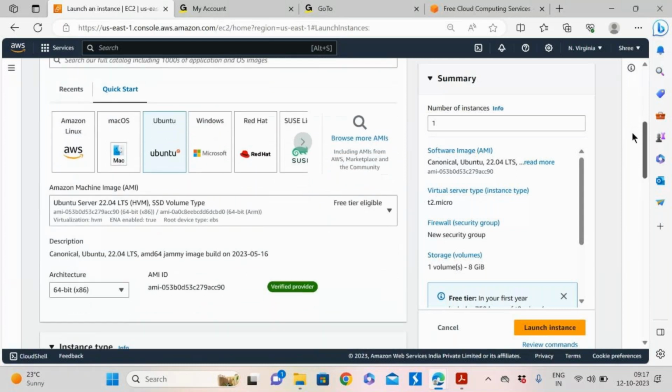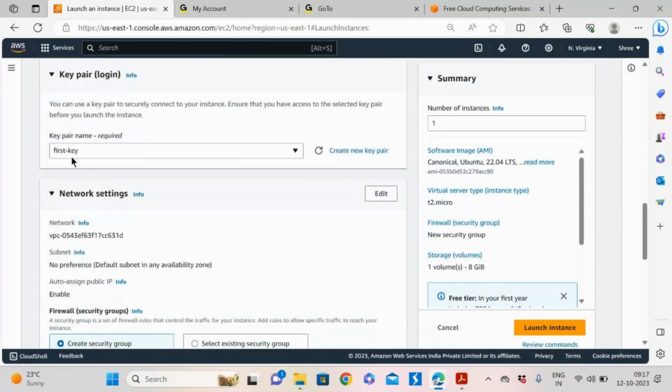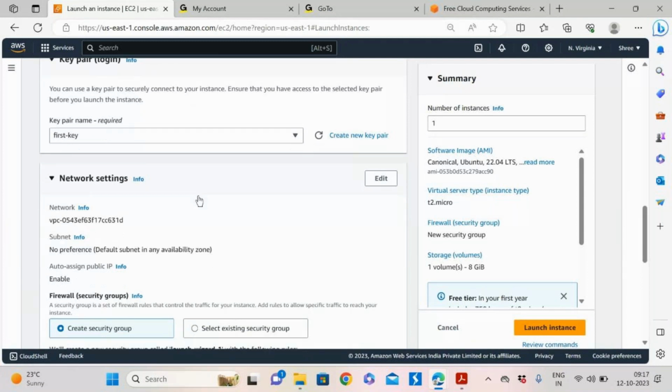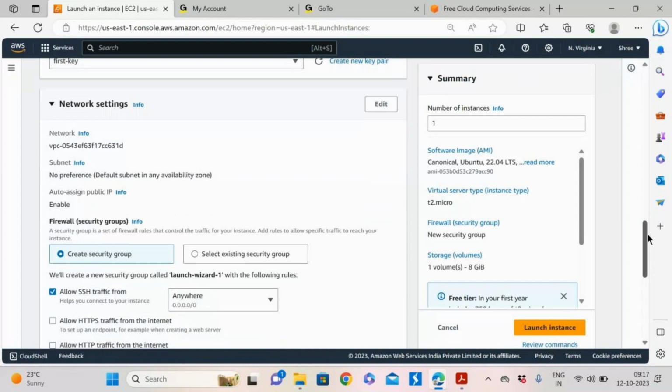Okay, fine. The key pair we already discussed yesterday. Without a key pair we cannot connect. A key pair means there will be a public and a private key, and both keys should match for us to get into the server.